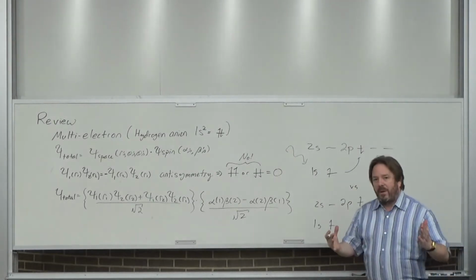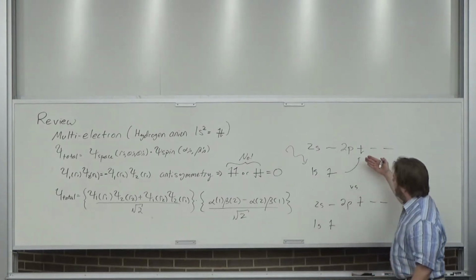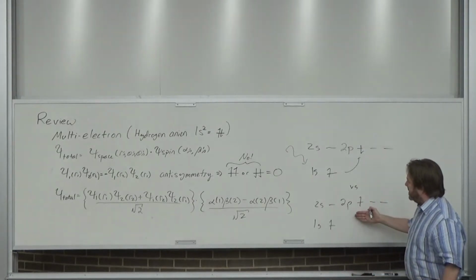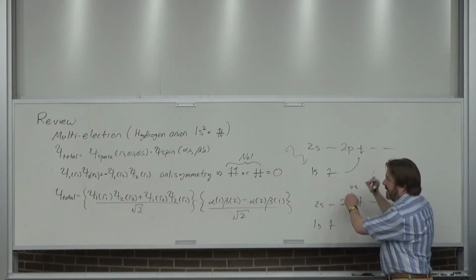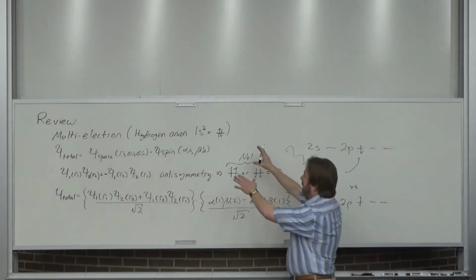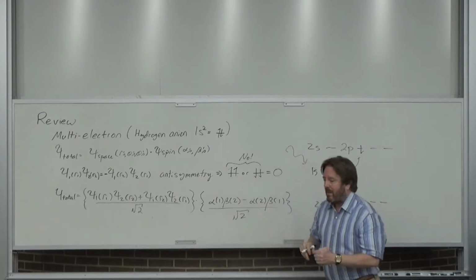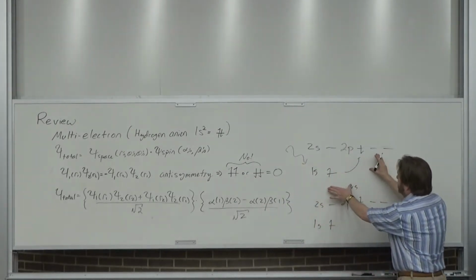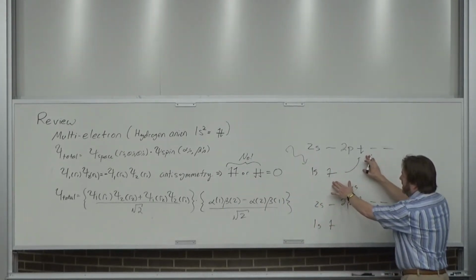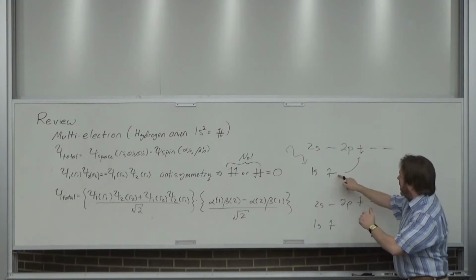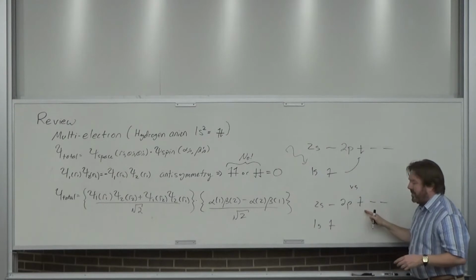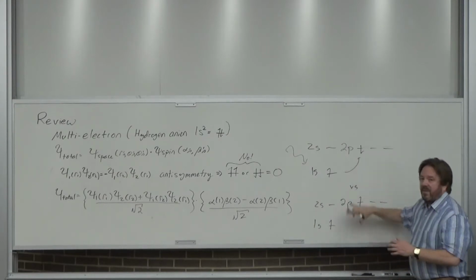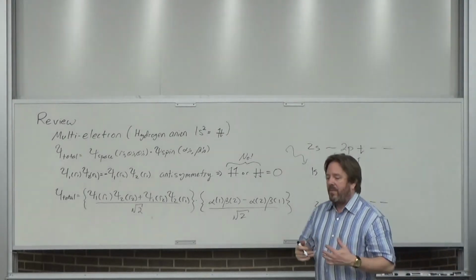The reason that we're going to spend a whole lecture on this is we have to figure out how to describe this and distinguish it from, you know, this is like an excited state of the hydrogen anion. It is clearly not this. It will not be described the same way. And now we also have the extra complication that this is still a singlet because I've still got up and down. But this one is different. It's got two ups. And these will not be described the same way. So that's what we're going to figure out.